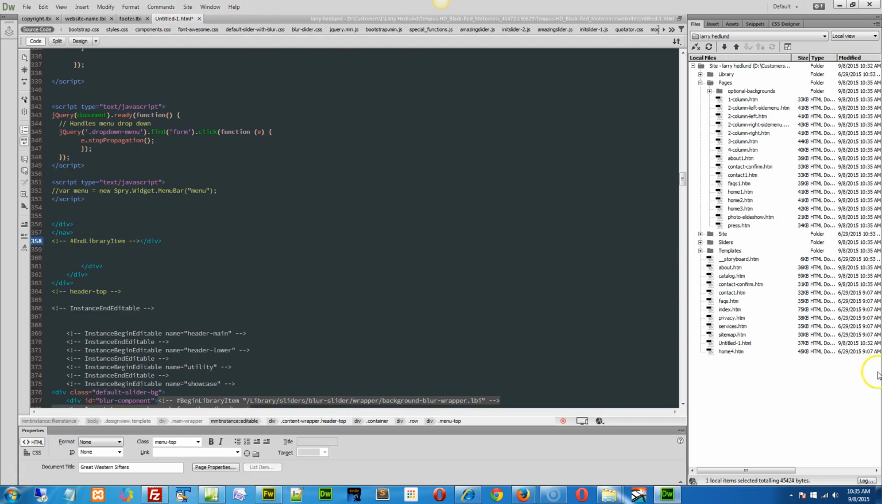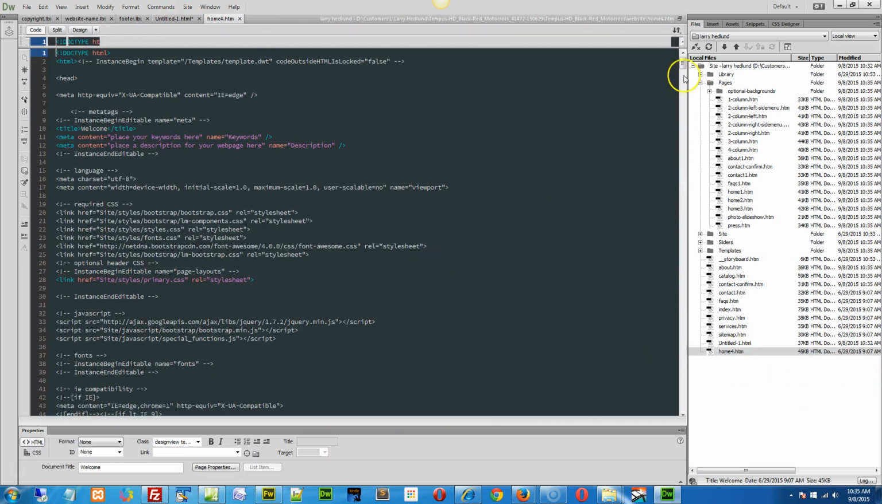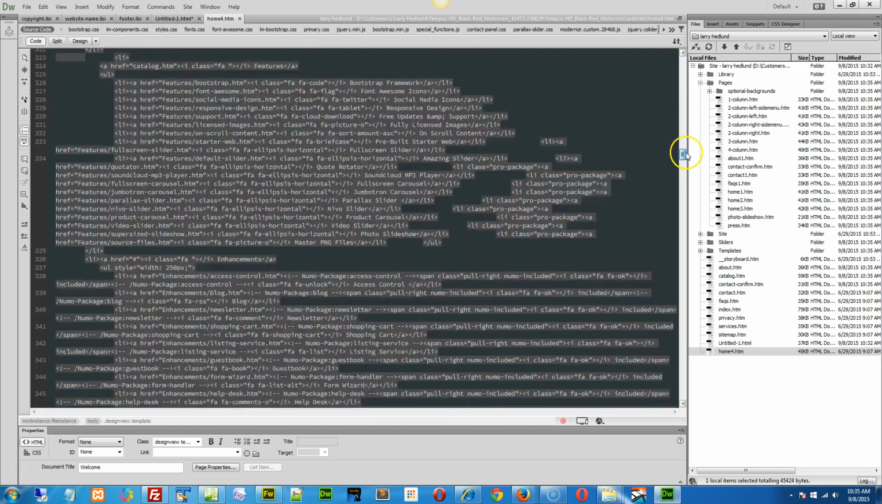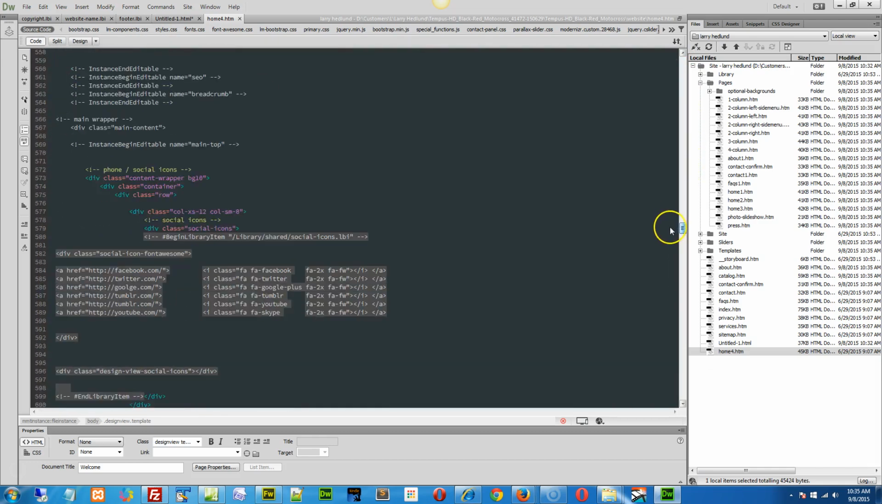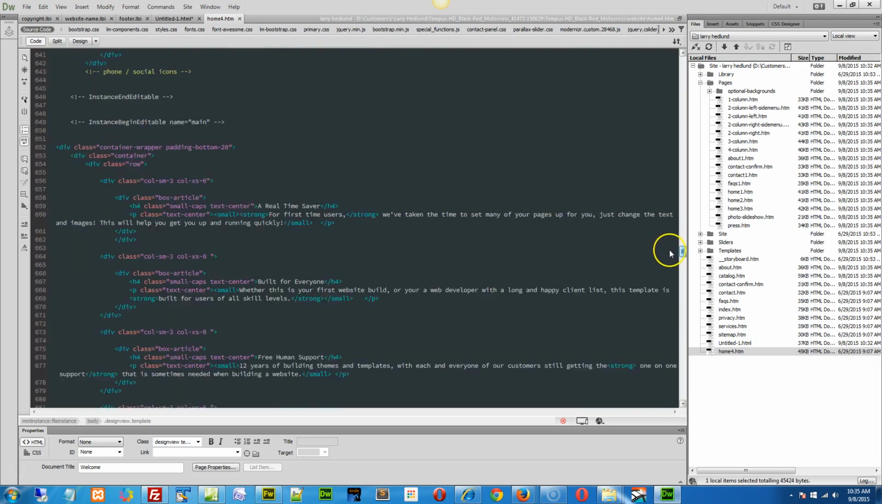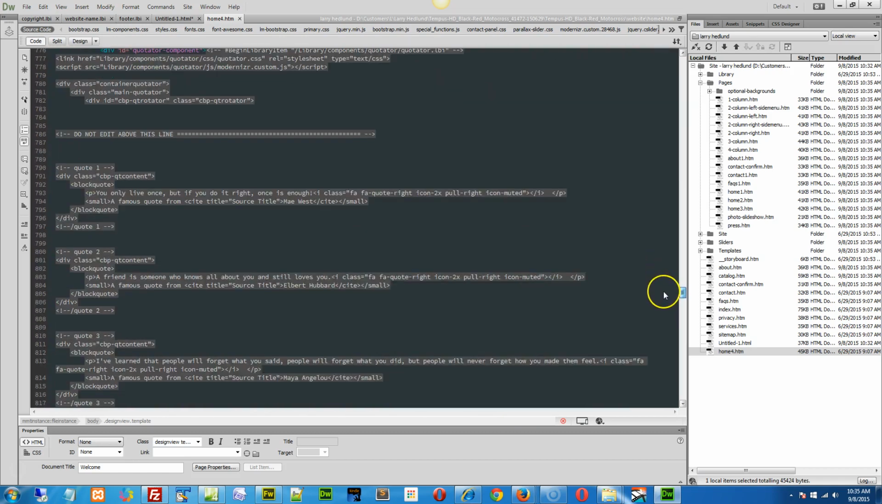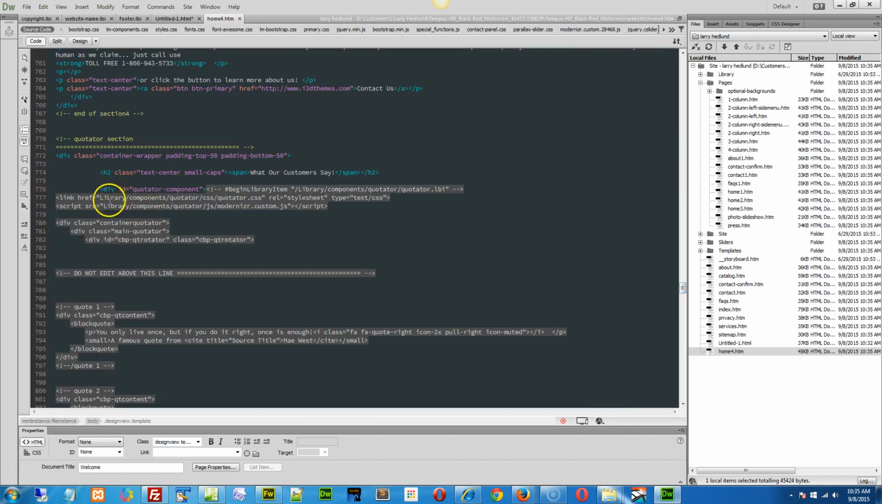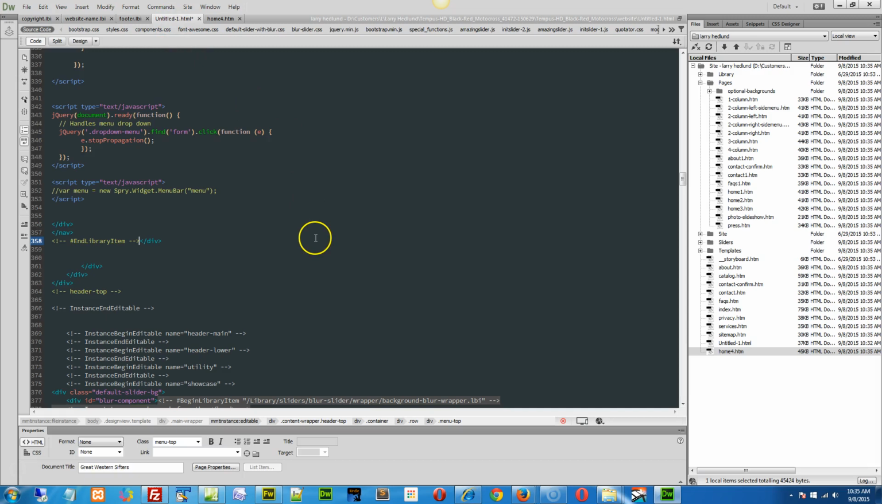We'll see. So let's open up the home for, and I'm going to scroll down to the code for the quotator. Social icons, down, down, down. Here we go. You see the library components quotator folder there, the CSS, right? In your page right here,